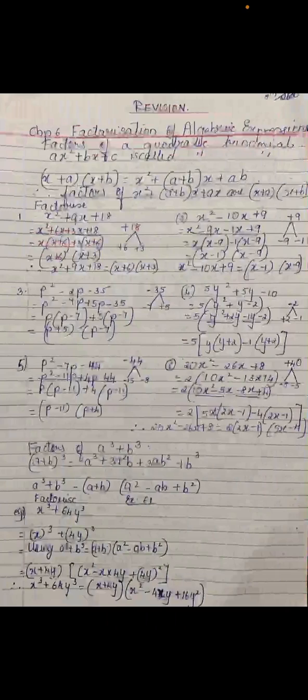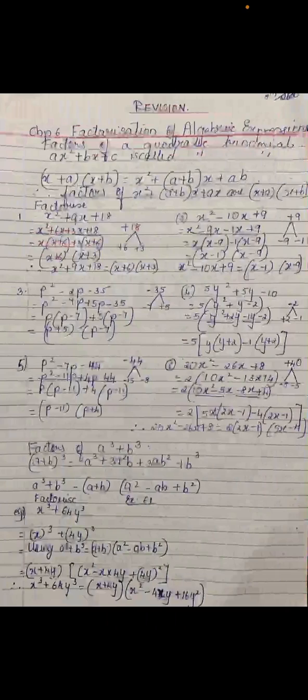That is equal to 2 in the bracket 5x, again in the bracket 2x minus 1, minus 4, again in the bracket 2x minus 1, close the bracket. So here the factors of 20x square minus 26x plus 8 is equal to 2 in the bracket 2x minus 1, again in the bracket 5x minus